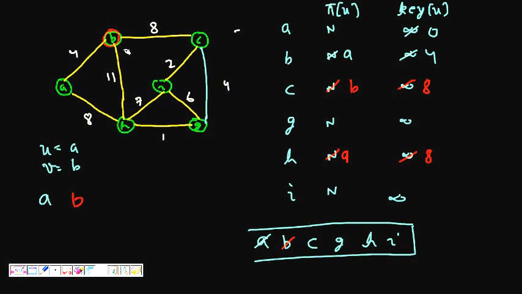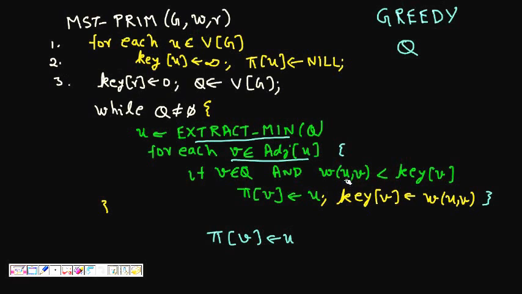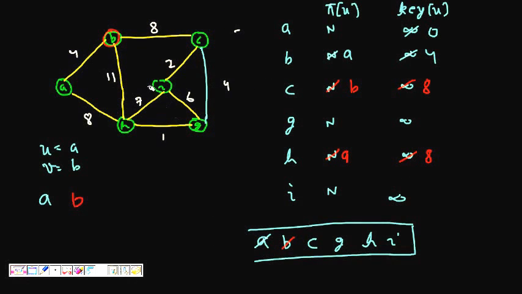and H has a key of 8. And now if we come from BH, if it is discovered, the weight of BH is 11, and we see from the code that if weight of UV, that is BH, is less than key, which is not the case, so we will not update the key. So this will not be updated. This C has now got a key of 8. So now C has a key of 8, H has a key of 8,